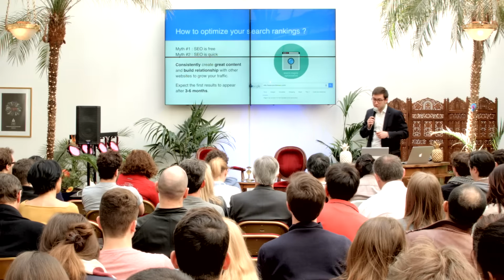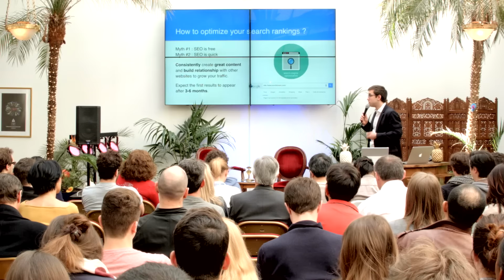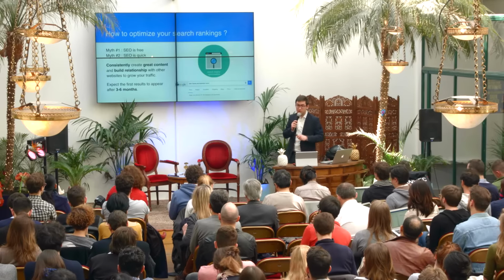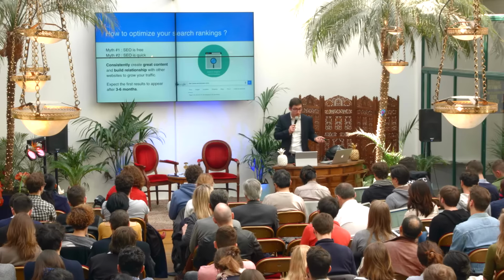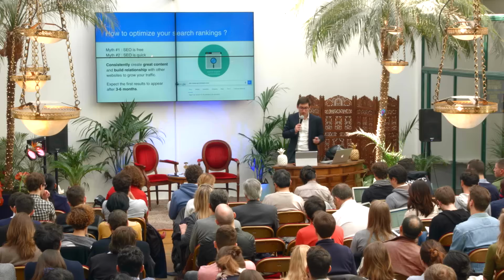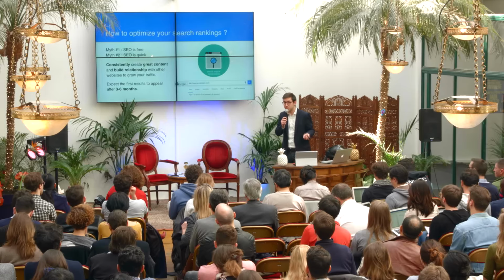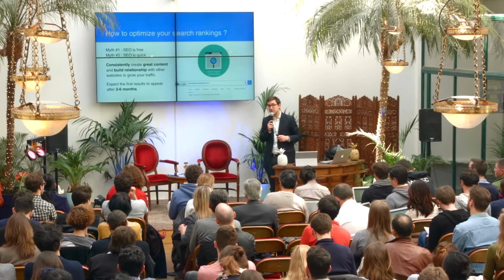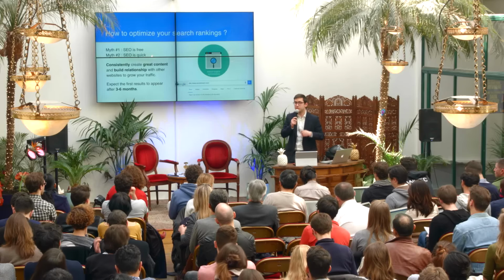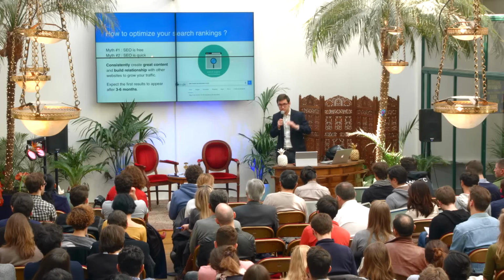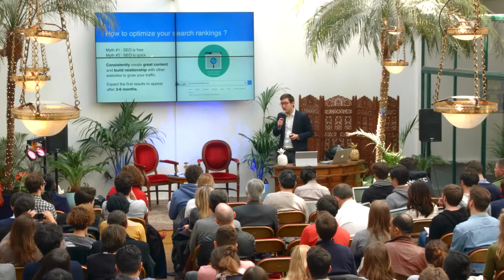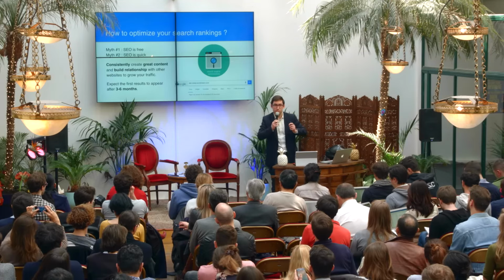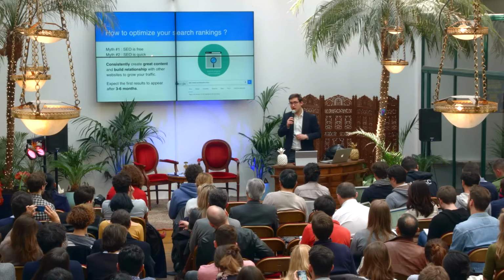I'm going to give you an example of what you could do when you're just starting out, and just try to be consistent. One blog post per week, for example, one Facebook post per week. It could be 2 tweets per day and 1 guest post per month. Just doing that for a few months might yield you significant results over a period of 3 to 6 months, for example. So don't try to do too much in one period and after stop it all. Really try to allocate resources over 6 months, 1 year, and see how it works.